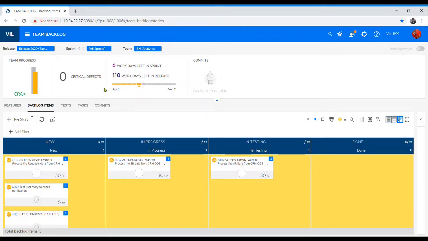So here I am on team backlog. If you are wondering how this screen looks, it's very simple. In another video, I already talked about it. I'm in the board view. Board view gives you the status-wise details, and we have selected the board background. I selected yellow, so that's why this view is appearing over here. These are the user stories. Basically, I want to split this in progress user story because we could not finish it. So I'm going to split it.